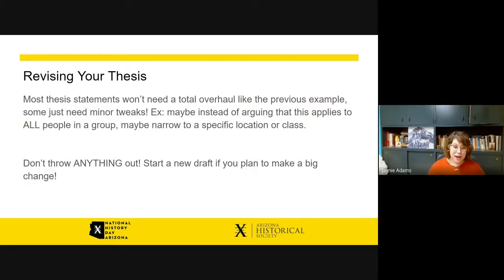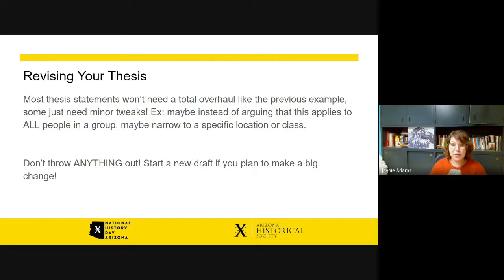When I am writing some kind of historical piece, I'll have two documents open. One is my actual draft of my piece. And the other document is the dumping ground for all of the half ideas and ideas that might not work that I'm coming up with while I'm writing. That's just something I like to do, but do not throw anything away.